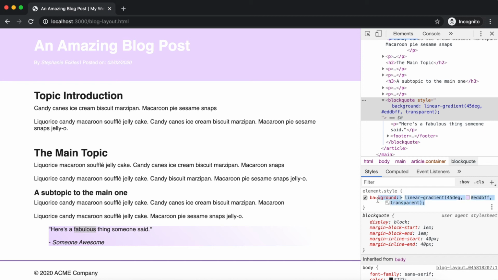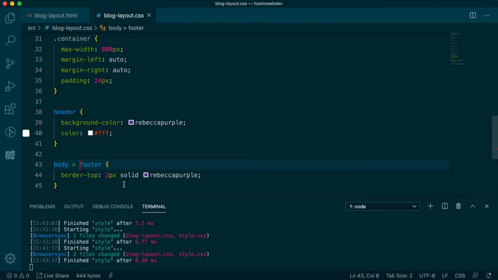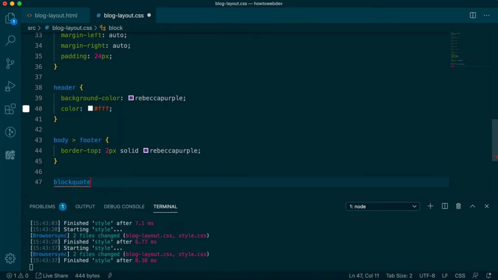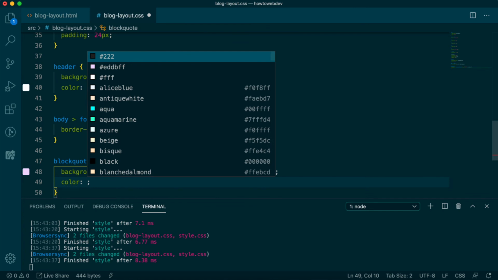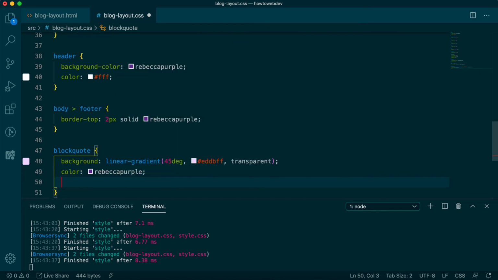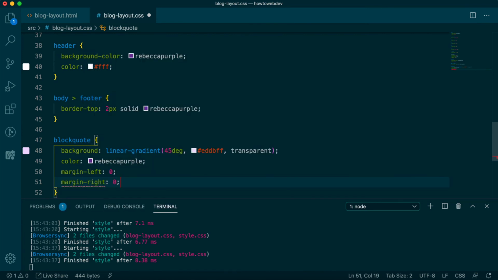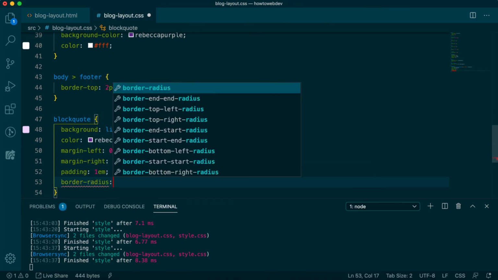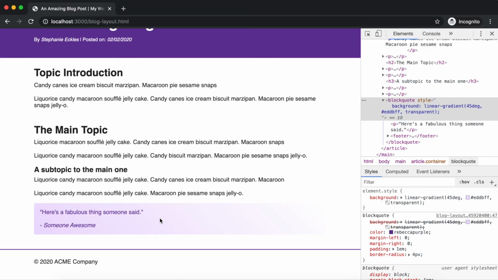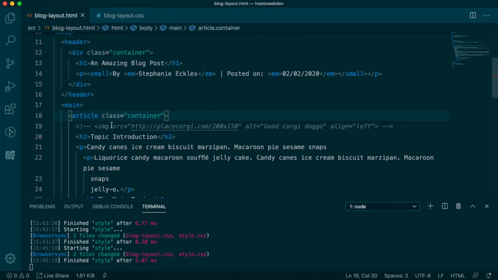We can now copy the background definition and move it to our style sheet, where we'll add a few more properties to complete the rule. We'll add color Rebecca purple, margin left 0 and margin right 0 to remove the default browser styles, padding 1em, and border radius 4 pixels. Very nice. We're almost done, but we need to deal with our image, so let's uncomment that to add it